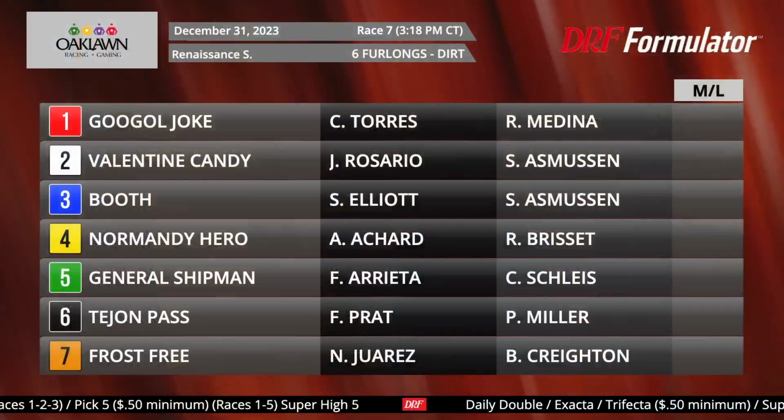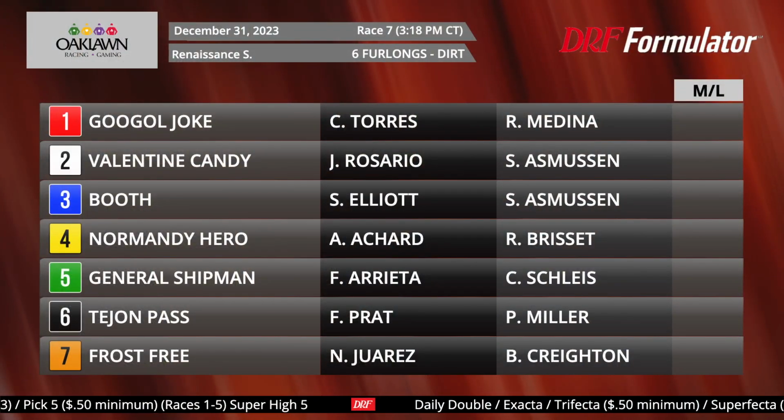Hi, everybody. Dan Illman, Ashley Mailloux, taking a look at the first of two stakes races for two-year-olds at Oaklawn Park on Saturday. Race number 7 is the kickoff leg of a 50-cent pick 4, and it's for the boys. Let's take a look at the field for the Renaissance, going 3/4 of a mile, a field of 7,